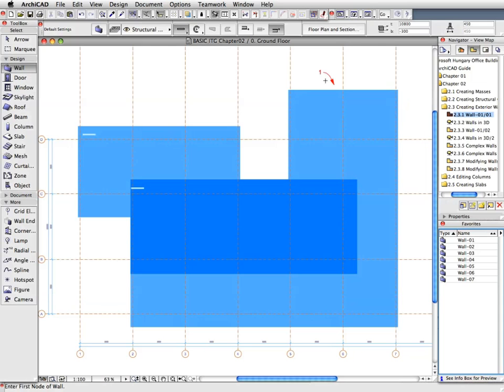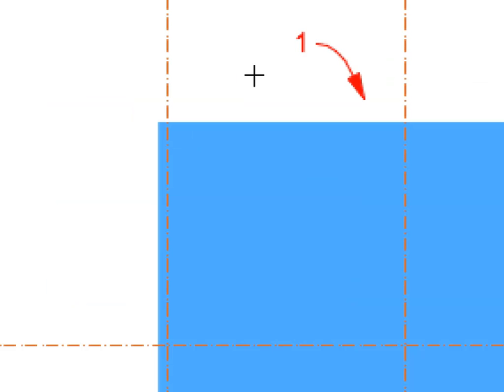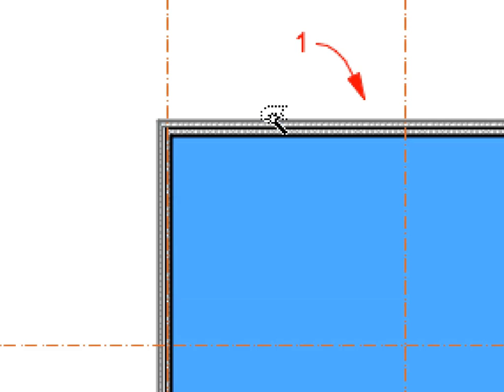Notice the location of Label 1 on the floor plan. Hold down the Space key and notice that the shape of the cursor has changed to a so-called magic wand. Move the cursor towards the edge of the mass polygon and notice that the shape of the cursor changes again when it's moved above the edge. Now, click the edge of the mass polygon with the magic wand-shaped cursor to create the wall along the perimeter